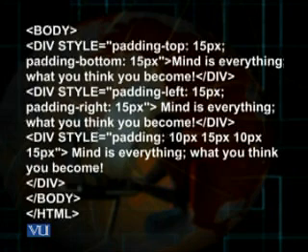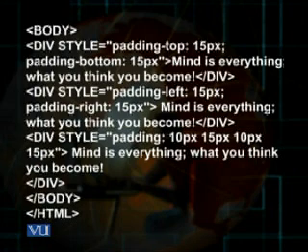Then comes the third div tag, and here in style, I've just used the word padding, as you can see, and I have allocated 4 values to this property: 10 pixels, 15 pixels, 10 pixels, 15 pixels, and I have repeated the same sentence. The word padding here is a general property, and according to a sequence, according to the order, there would be first the top padding, then right, then bottom, then left.